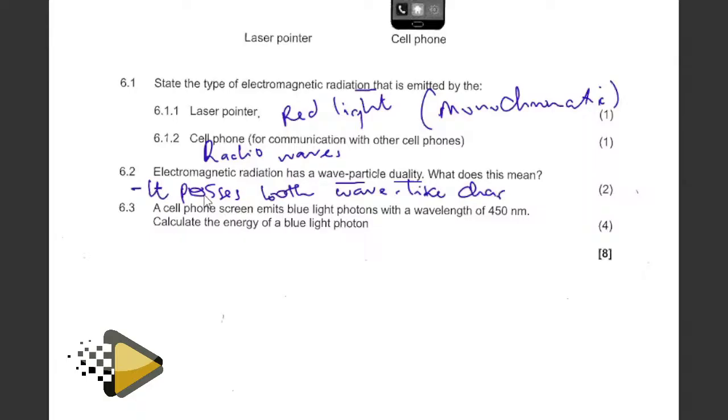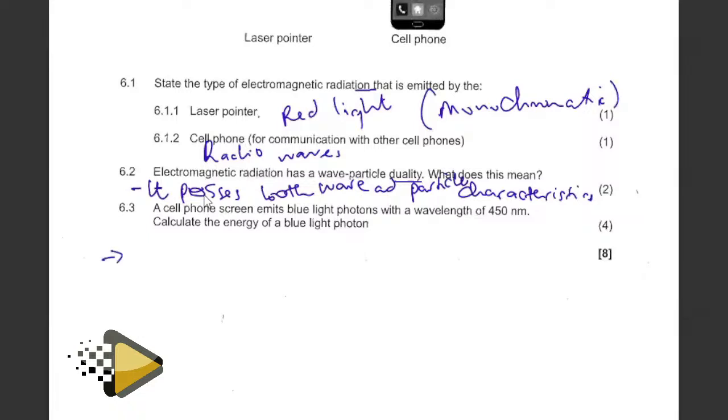Okay, it possesses the wave-like characteristics. So that is what that means, okay? Wave-like characteristics, and what else? Because wave particle, which means even the particle. So wave-like, let me just add it here. Let me just say wave and particle